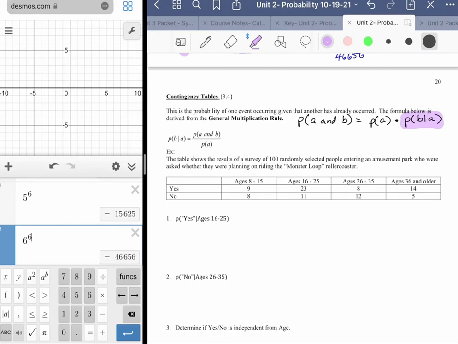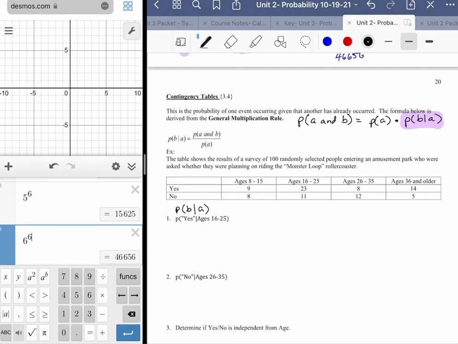The table shows the results of a survey of 100 randomly selected people entering an amusement park who were asked whether they were planning on riding the Monster Loop roller coaster. All right. So pretty intimidating sounding ride. But they're asking us for the probability of getting yes as a response, given that the individual is in the age category of 16 to 25. All right. So this follows the structure of probability of B given A,